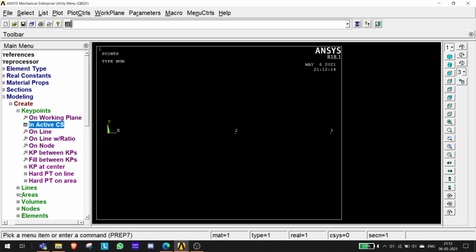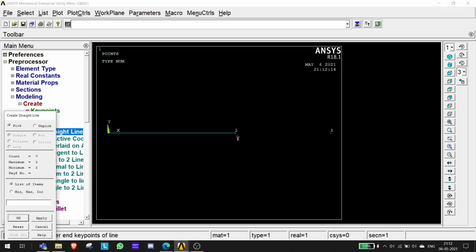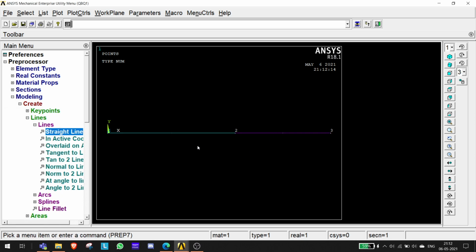Now we have to join them. How do we join? Since you have to mesh this, you have to think of meshing the lines, because this is a line element, a 1D element, and a 1D element needs to be meshed. So I'll go into line, select straight line, select these two points and then these two points, and click OK. So now this is our sample problem. You know the procedure: go into multiplots, and you can see the lines again.